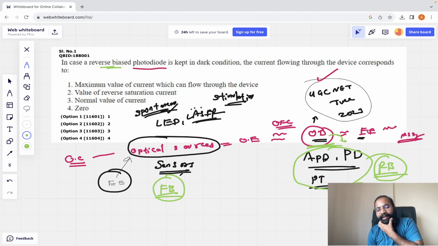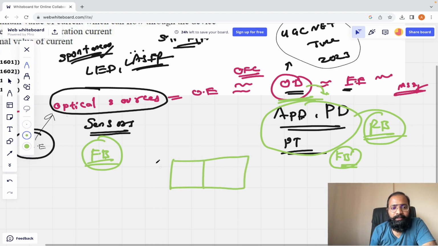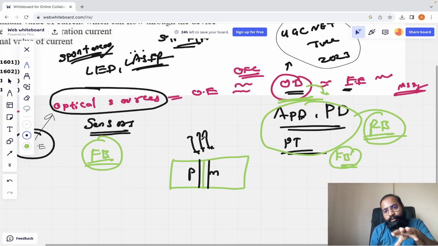Okay, fine. So now coming to the photodiodes, let's discuss a little bit regarding the photodiode construction in a simple way. Let's take the diode like this, with a P and an N, and let's take the depletion layer of the PN junction diode. I think all of you know that whenever two different extrinsic semiconductors are connected together, definitely one depletion layer will form. So whenever the depletion layer is exposed to the optical energy,